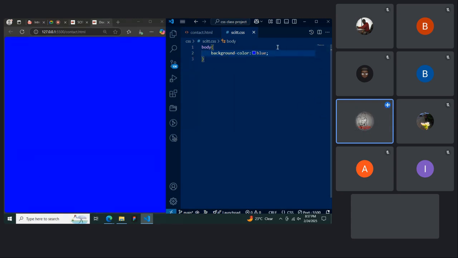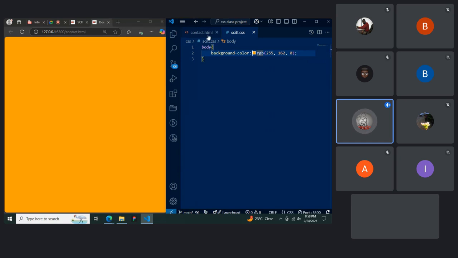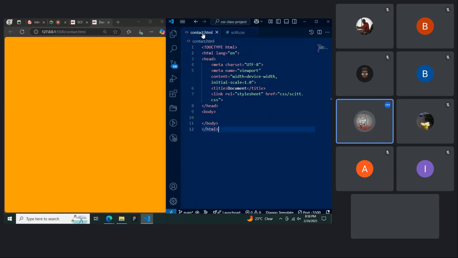So we've changed the background color to blue. We can come and maybe manipulate it as much as we want. Maybe we want to change it to green, maybe red. So this is known as external CSS, which basically means you're creating an external file that you can reference within your HTML documents so that it can handle